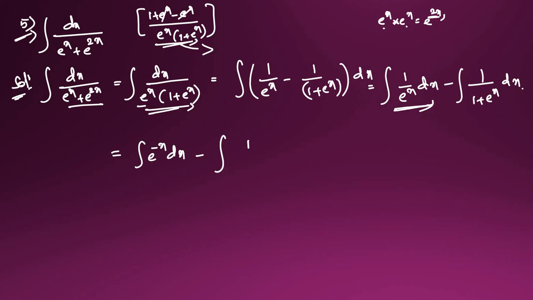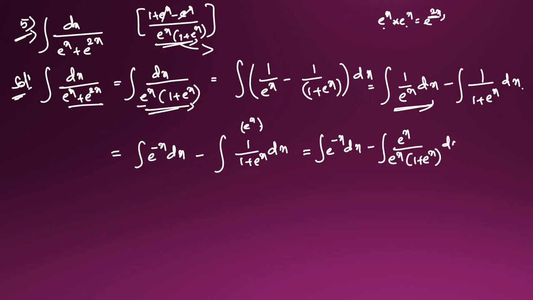So here integral 1 by 1 plus e power of x dx is there, na? So if we do the derivative of this one, then we need here e power of x in the numerator, only then will this get the answer here. So for that one, I will multiply with this e power of x divided by e power of x. I will do in this one. So it will become integral e power of minus x dx minus this one, integral e power of x divided by e power of x into 1 plus e power of x, I will write here into dx. So in this place I substituted. Okay. So e power of x, I multiply with the numerator e power of x and the denominator e power of x. So after that, here what will come?